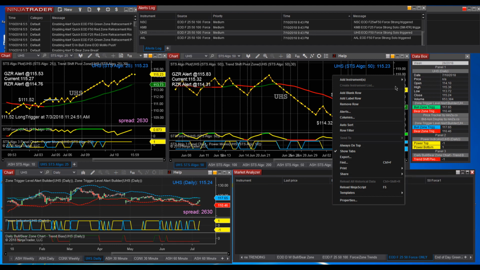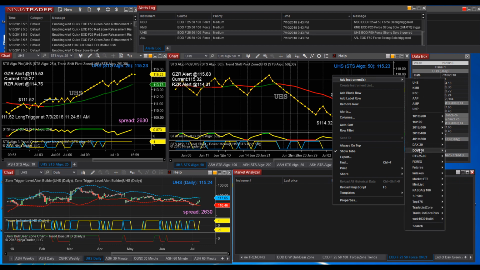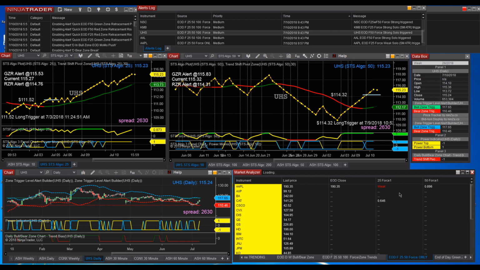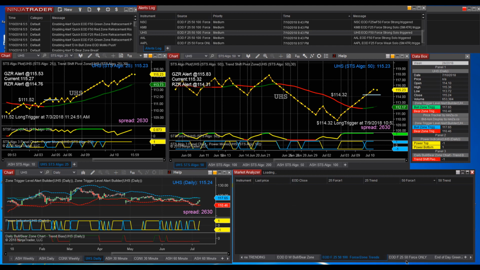Still gives you the same information, a week and strong, but it's not having to perform these other two calculations for if the line is green on the 25 and green on the 50, green or red, whichever case may be, uptrending or downtrending. That's the only difference in these two. The alerts are the same. Of course, it can't use the trending in the alert because the trending is not present. So we had our trend over here, and now we don't have our trend. So it's just a quicker load